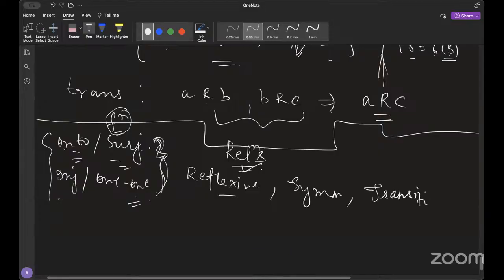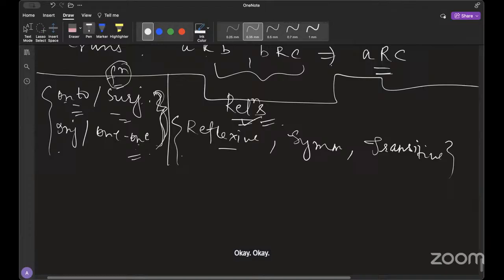So when you say these terms, you're talking about relations. So onto, we'll discuss with the relations first, because functions are also relations. So we'll start with relations. You know what relations are, right? Ma'am, please explain it briefly to everyone, functions and relations both. Okay, relation is,